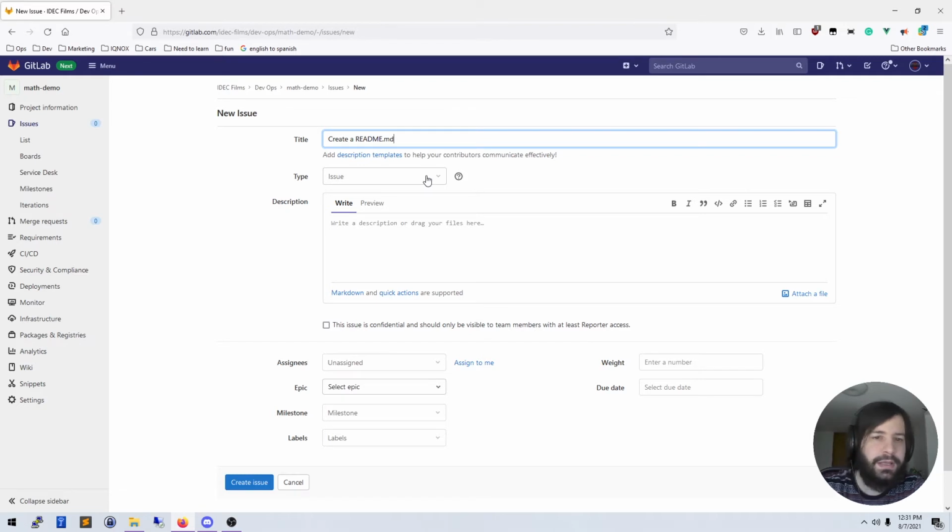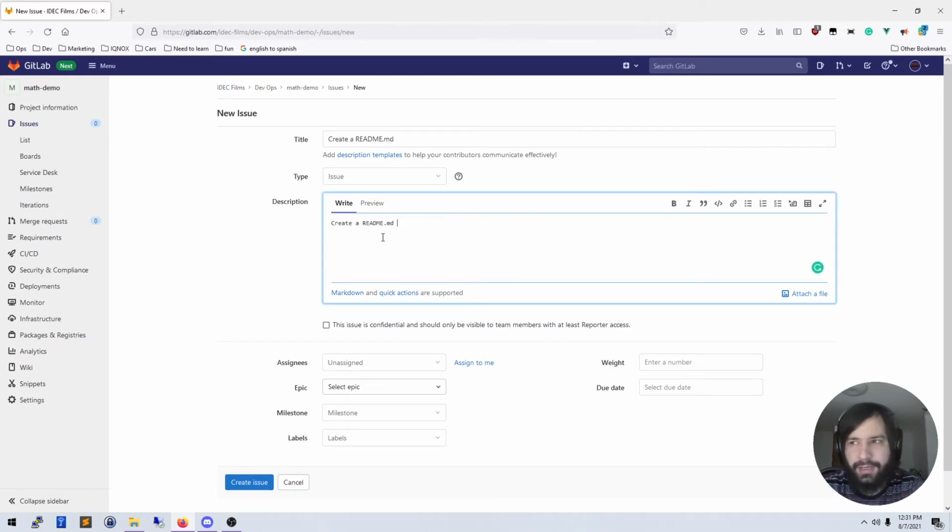readme.md. A readme.md is just a file that gives a description about the project, and then it's going to show up whenever we go to the front page of that project. So it's just like a welcome page. Anytime that somebody comes to the project, they can read through the README file and get more information. So these are all, your descriptions support Markdown,